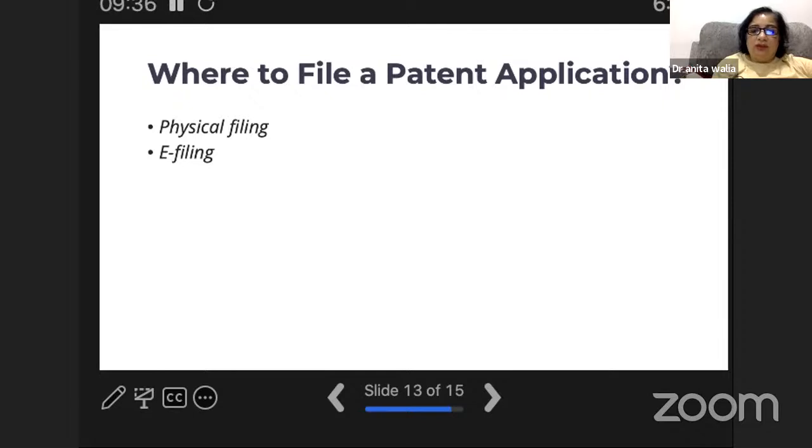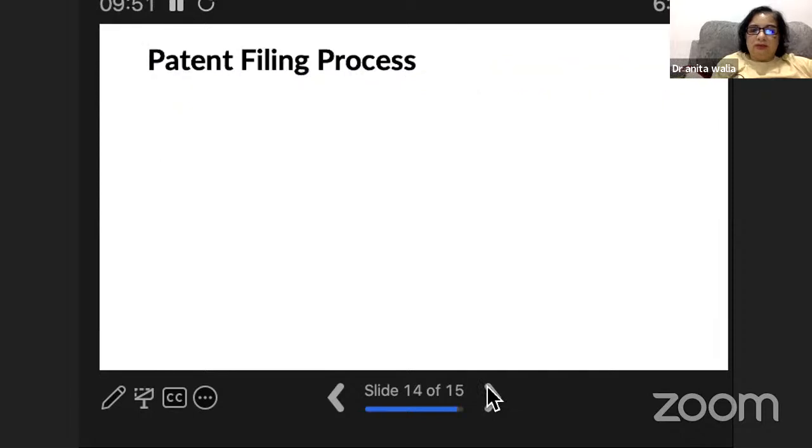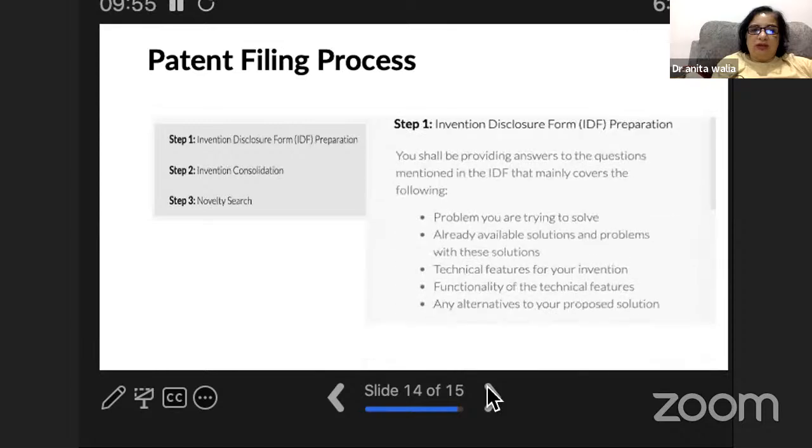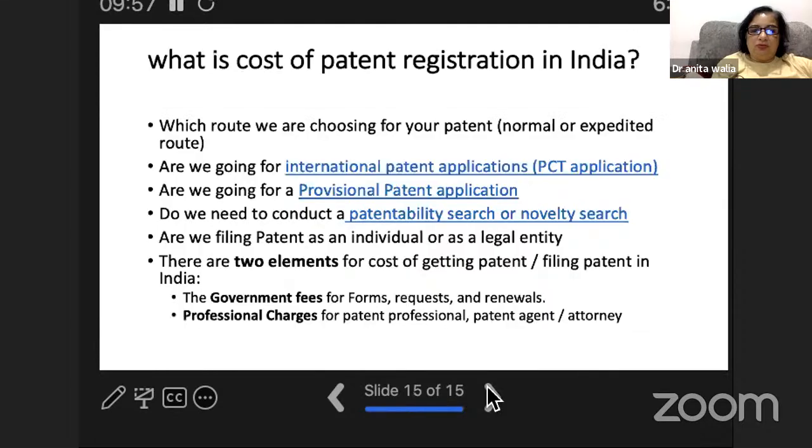Then you can go and file in Calcutta. So Kolkata, for any place, if you're not belonging, you can go to Kolkata and file that. Okay. Then nowadays nobody goes for physical, everybody goes for e-filing. Right. So the patent filing process, all these I already told you. Right. I'll not go into detail on this.